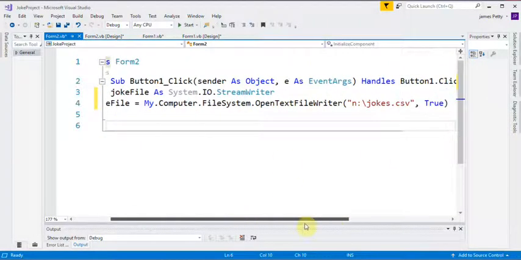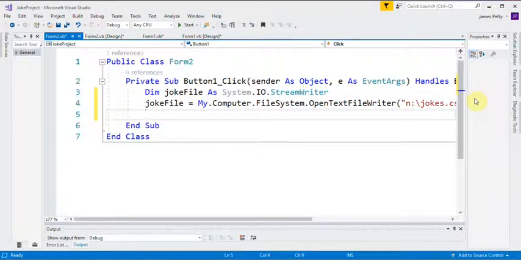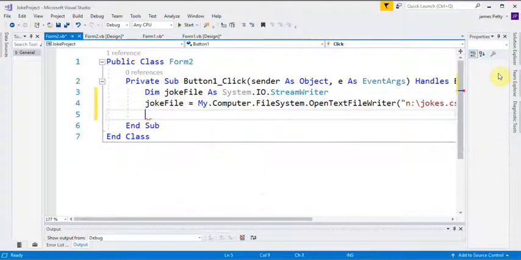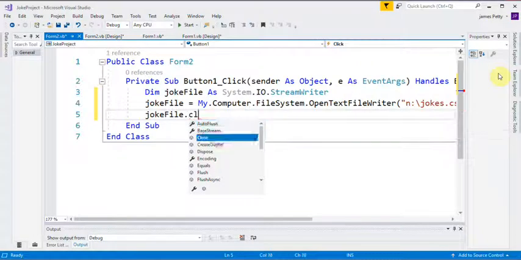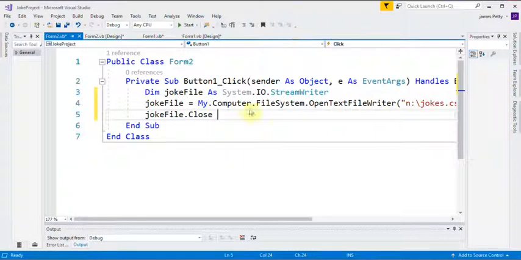Now, last part I need to do is joke file dot close. That's really important.